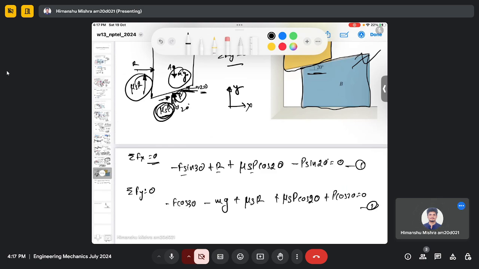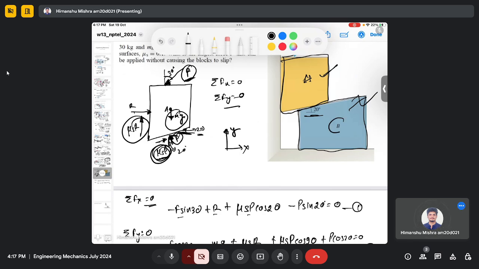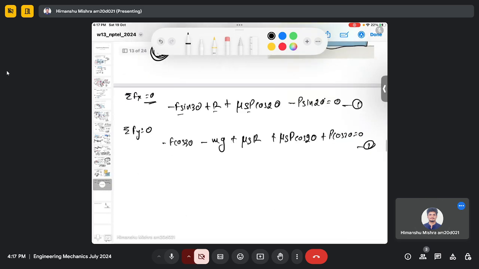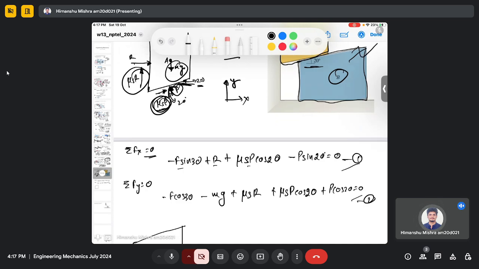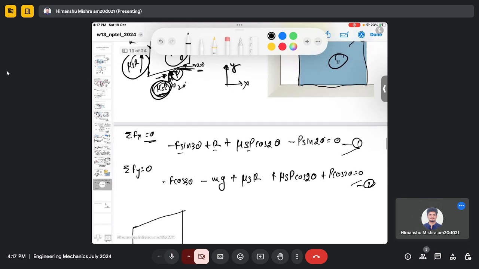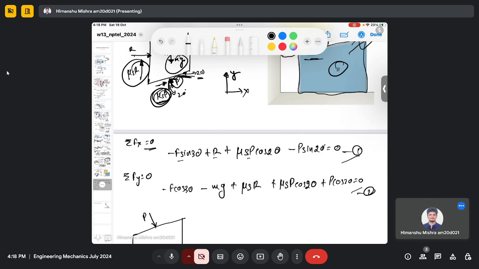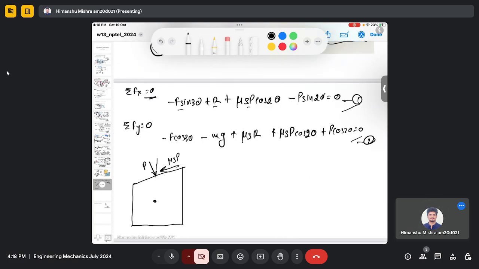So let's draw the free body diagram of block B. So we get 2 more equations. So in that manner we can actually solve for the unknown quantity. Because as of now we have only 2 equations but we have more unknowns, so we need more equations to solve for the unknowns. So this is P, this is mu s P, this is mg,